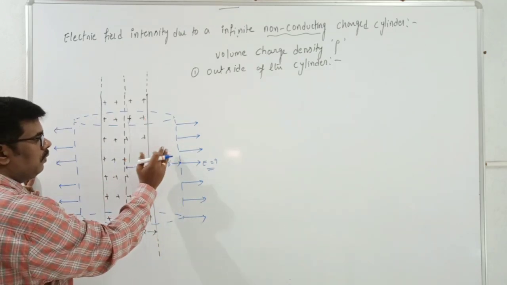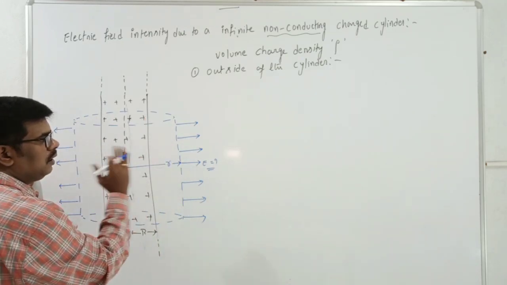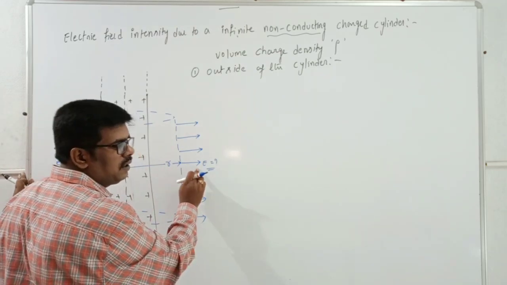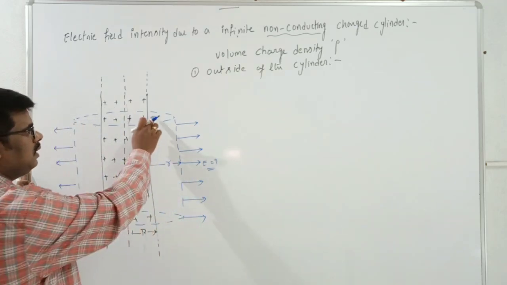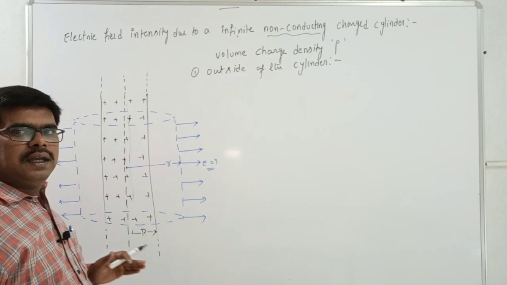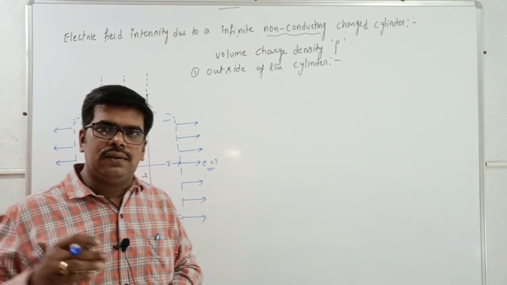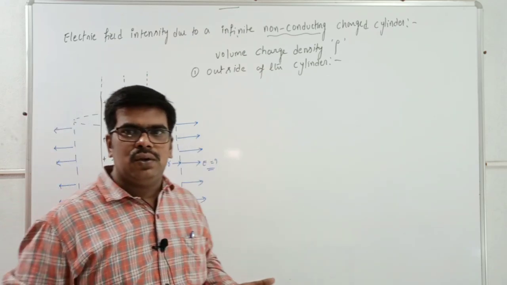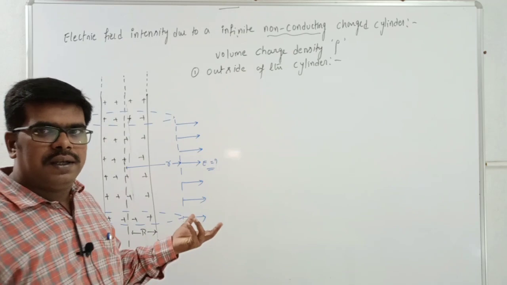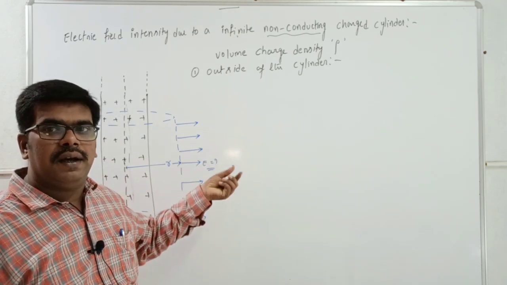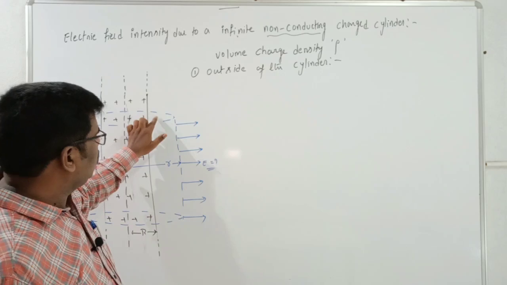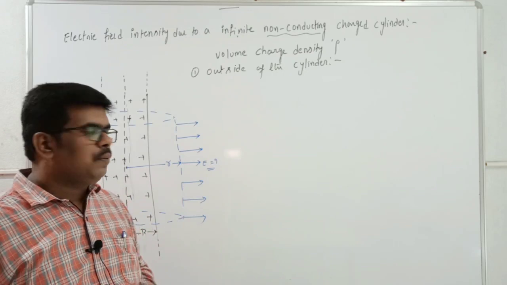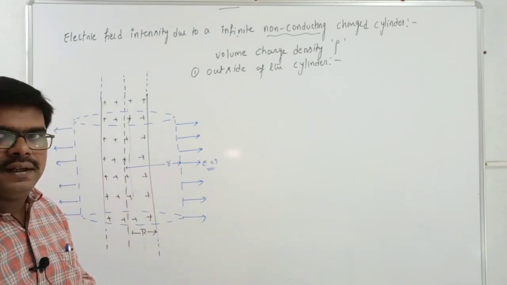We concentrate only on the curved surface, because there the electric field intensity and area vector are in the same direction. But at the flat surface, electric field intensity and area vector are perpendicular to each other, so net flux through it is zero. We showed this in the first application, the electric field intensity of a thin wire. So every time we don't need to take the flat surfaces, just the curved surface through which the flux is produced.